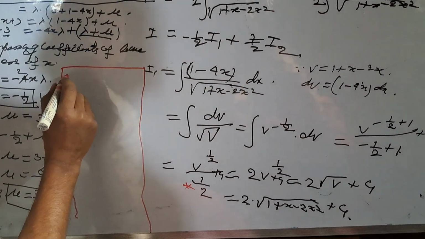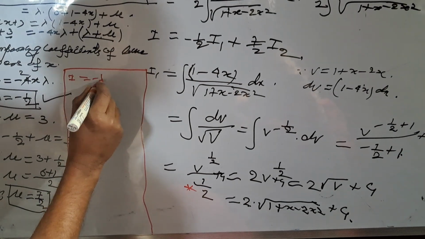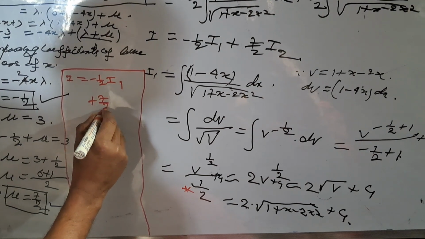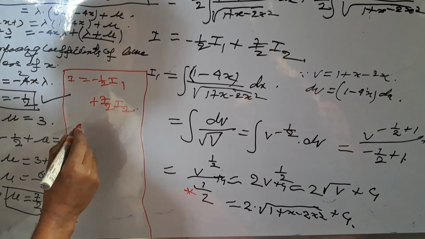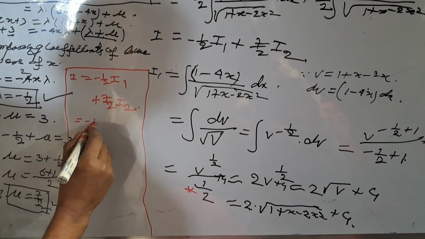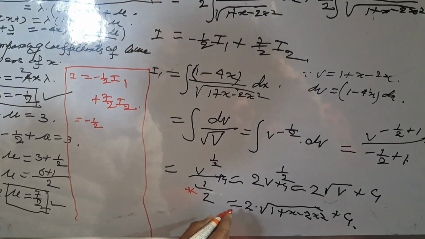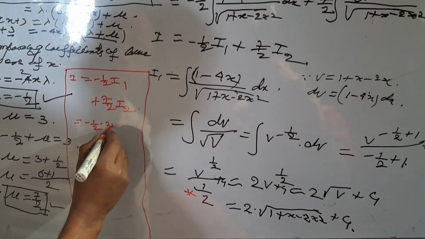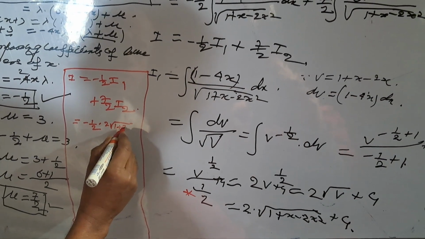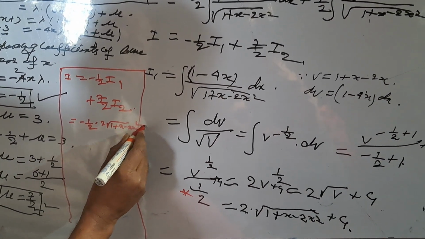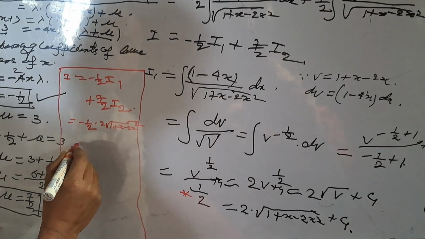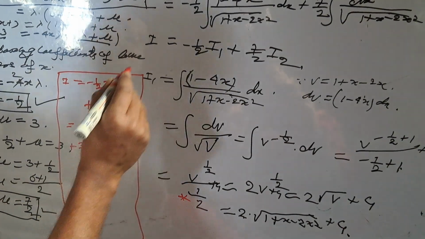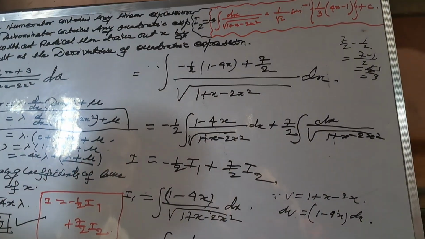The expression is I equal to minus half of I1 plus 7 by 2 of I2. So minus half I1, which I got here as 2 into under root 1 plus x minus 2x square, and 7 by 2 I2, which I already got as 1 by root 2